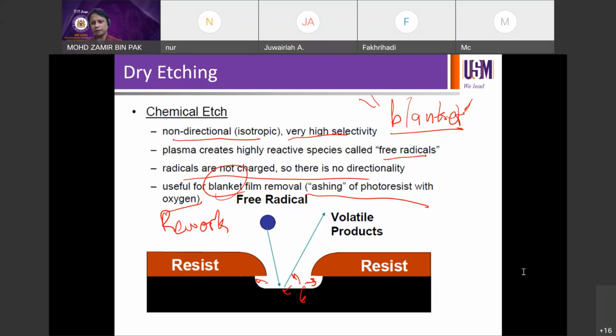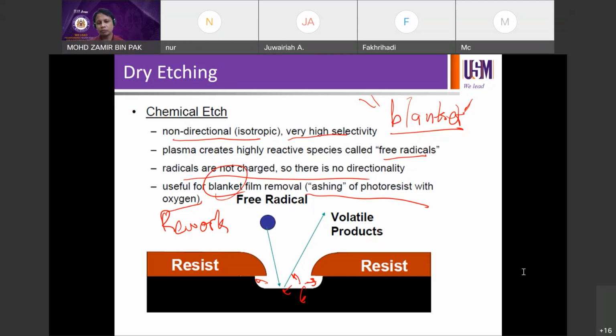Any other? None. When we say blanket in manufacturing, it means all. Not coating, not layer, not balutan. Well, the literal definition is like selimut, one layer. Blanket means all. It means you don't remove certain areas while keeping certain areas. So they will ask, do we have to do this blanket on all lots, on all wafers? Blanket means everything. In this case, if you want to etch the resist, technically